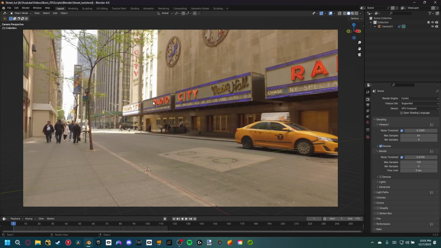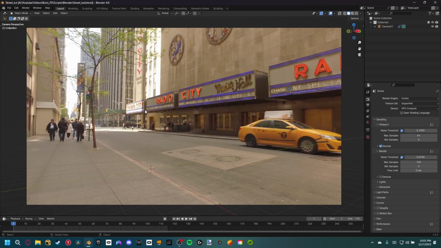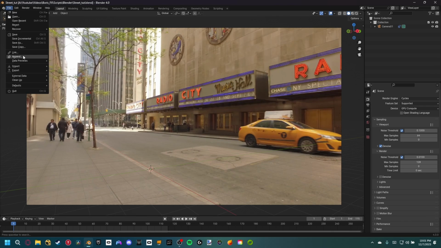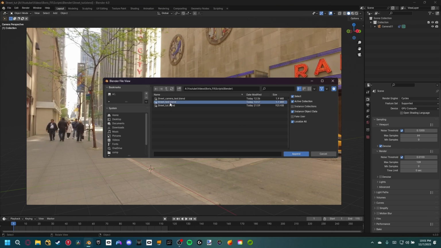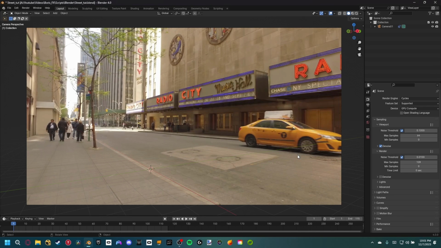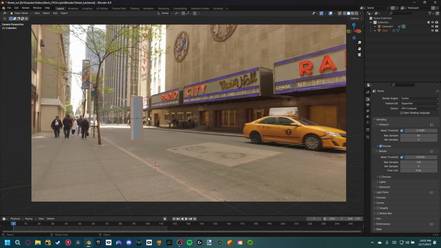Okay, so now's the part where we go ahead and import in our objects and start setting up our scene. Now you can go download the model I have down below, or just make your own if you want to still work along with us. So let's go up to File, and then I'm going to go to Append. And then, of course, you just want to double click inside of the blend file and then go to Object, and I believe it's just this first cube right here. So once you hit that, we can append that into our scene, and here is our bottle,